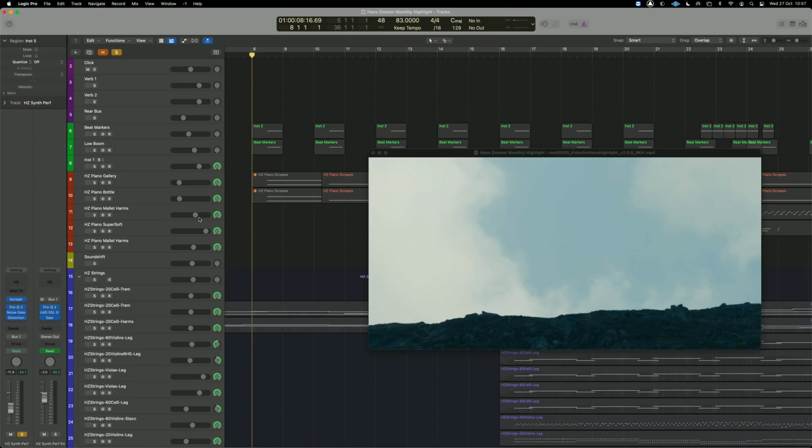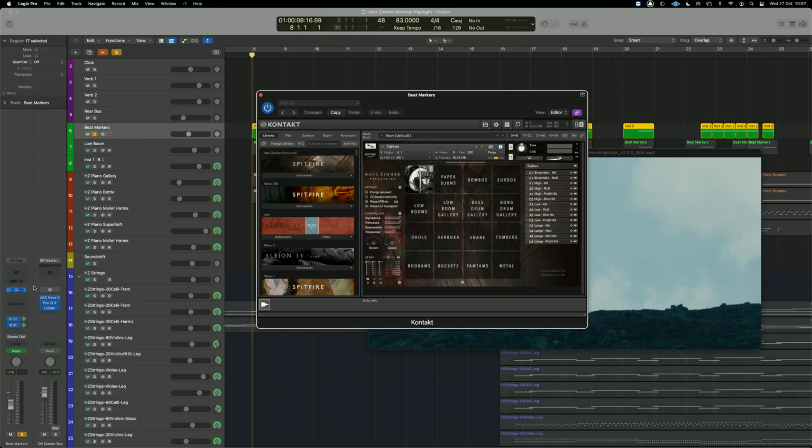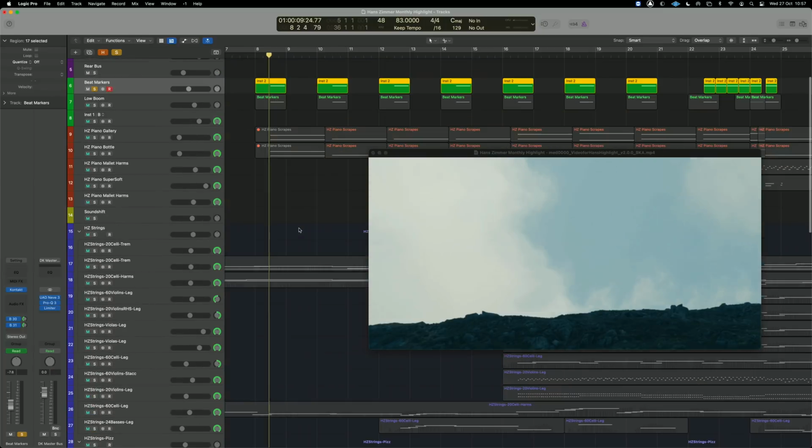Next, just to help with the structure of the piece, I created these little beat markers. And this is actually from Hans Zimmer Percussion. And I just thought, I'm just going to take a taiko and put it in there and see how it sounds. So when we listen to them paired side by side,